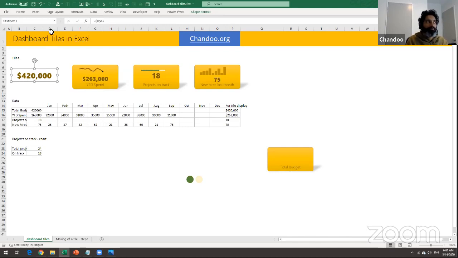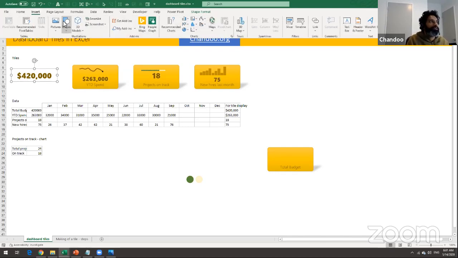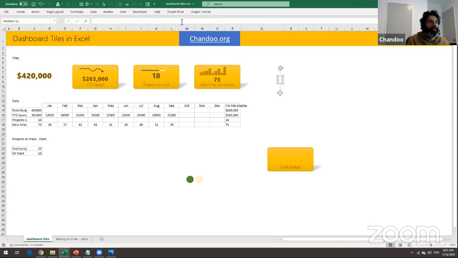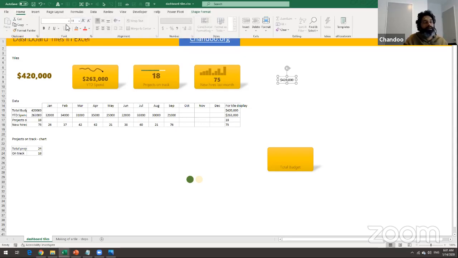So this text box is, you insert a text box, so Insert, Shape, Text Box, or this button here. And rather than typing $20,000, we say this is equal to that number there in my calculation worksheet. So it will give you that. Now this is actually similar to the linked picture technique, but this is a linked text box. And once this is there, I can apply all the formatting options that I have at my disposal in Excel.